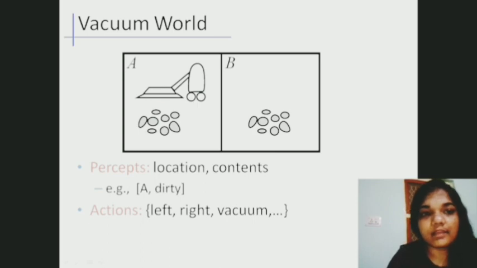Now let's see next. For example, try to relate it with the vacuum world. We know that we are having a vacuum cleaner. So what is the task of a vacuum cleaner? To clean something, to clean the dirt around. Fine. So in that case, the vacuum cleaner is also a machine. What will the vacuum cleaner perceive? It will perceive the location and the contents. Like it will sense what the locations are and whether there is any dirt present in the locations or not. Now after perceiving the dirt in any location, what is the action it will do? It will either move left or move right, or if there